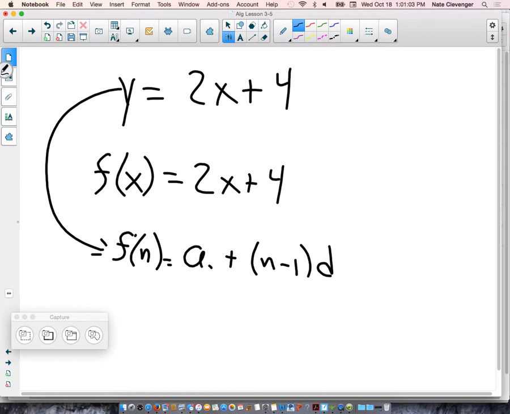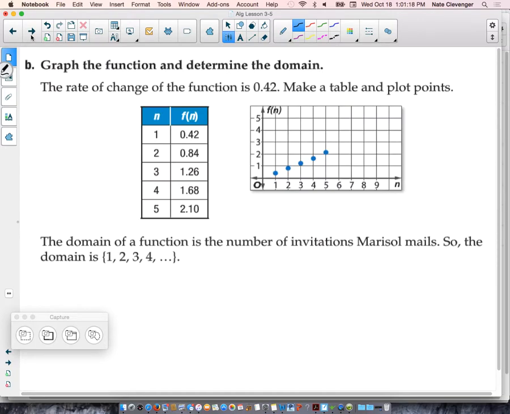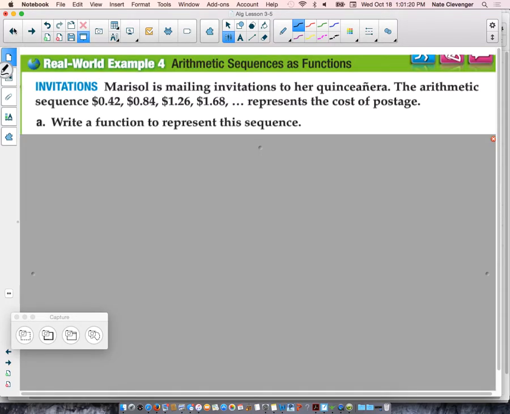Remember, n is the independent variable, and the resulting range would be your y. So our equation will look like this: f of n